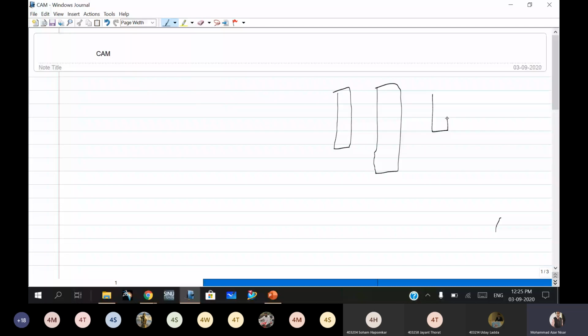So there are different tools. This is my first tool, this is my second tool, this is my third tool. The cutter is inbuilt, and for workpiece zero, when I give the reference to the machine for the workpiece to be machined, I will use X, Y, and Z zero of this 75.